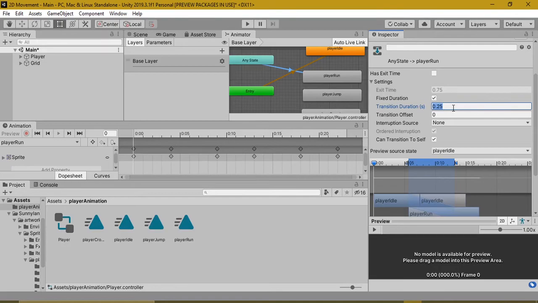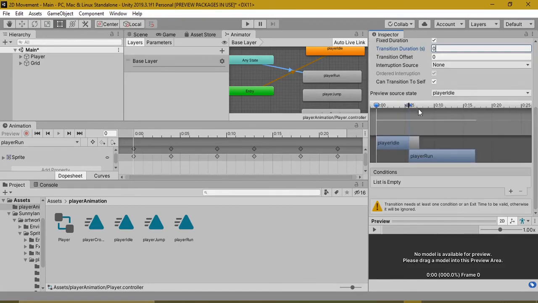We'll remove transition duration to 0, and it doesn't have exit time. Exit time is like when, suppose one animation is playing right now and you have made a transition to another animation, and now the condition is satisfied, so the transition should occur now. But if the transition has exit time, that means the controller is going to wait till the first animation is over, then it starts playing the second animation, which we don't want here. So we'll remove exit time, and we'll put the transition duration to be 0.